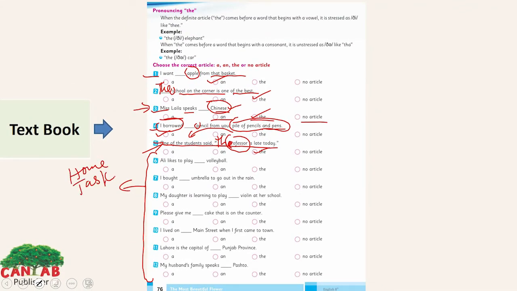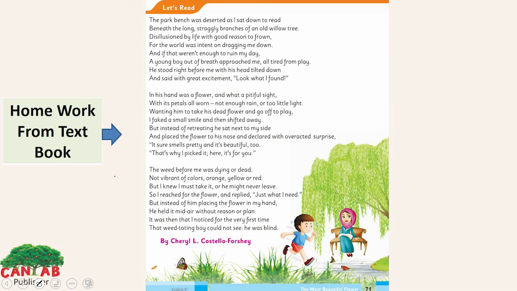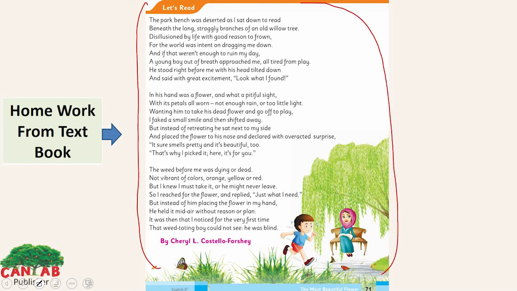The concept of definite and indefinite articles, I hope, is clear to you. This is your homework from the textbook. What you need to do, you have to read this poem here and identify the definite and indefinite articles. You just simply have to underline it, like this one. And